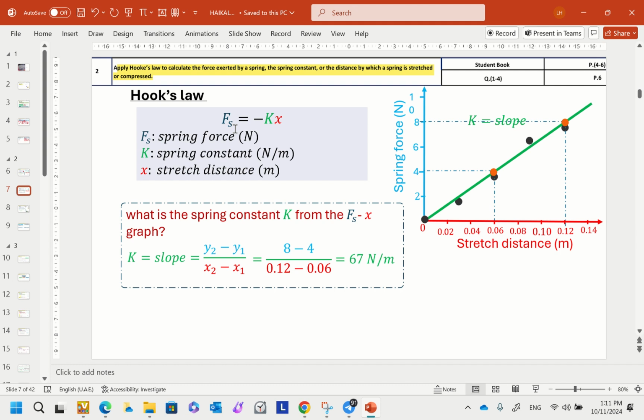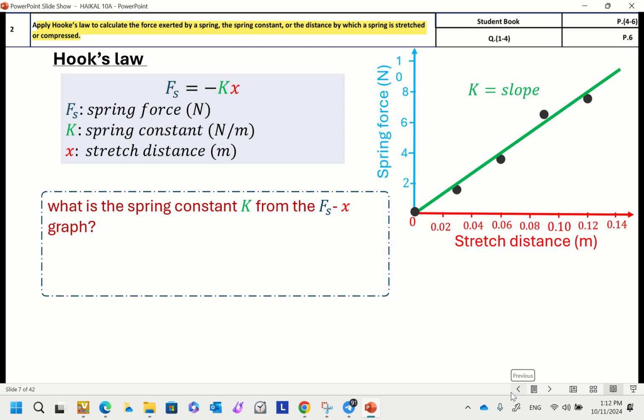So here, for example, if we have a graph that describes the stretch versus force, and the question says, what is the spring constant K from the Fx graph? We're going to take 2 points on the graph and apply the slope equation. So let's take these 2 points right here. You can see that the first point has the coordinates 0.06 and 4. So this point right here,